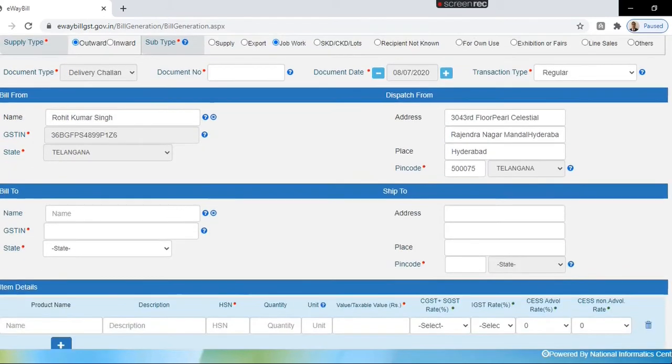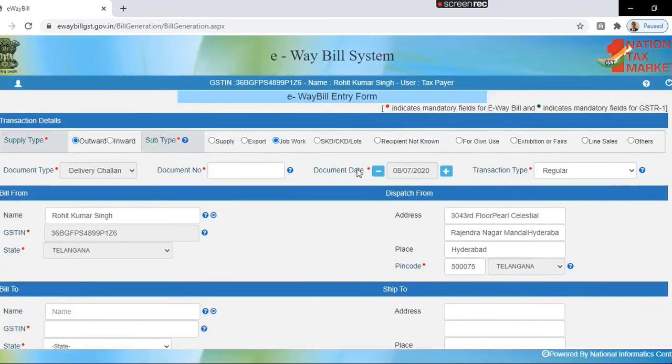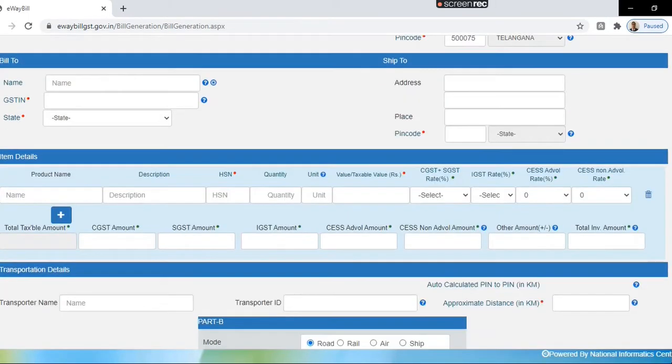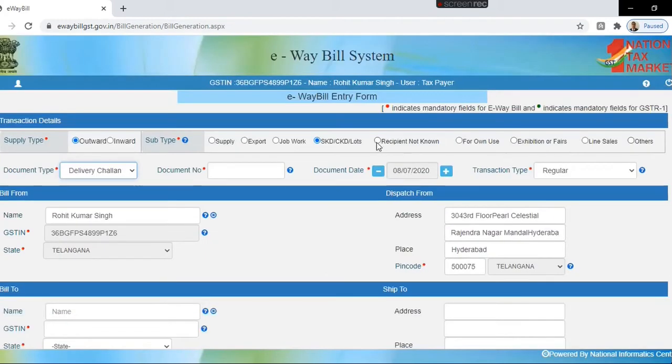Job work, you see here, again the situation will change and you will have delivery challan. You will not have tax invoice in job work. See, delivery challan is mandatory. Bill to, ship to or other details you can choose. Semi knockdown or complete knockdown, see here, one delivery challan, other tax invoices you can fill here. See, this is the entire menu.